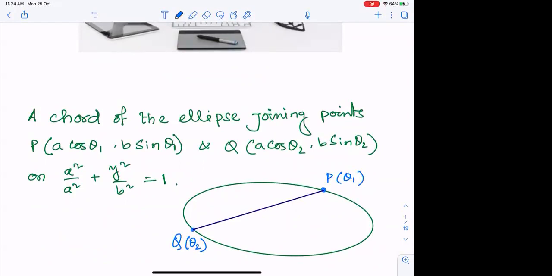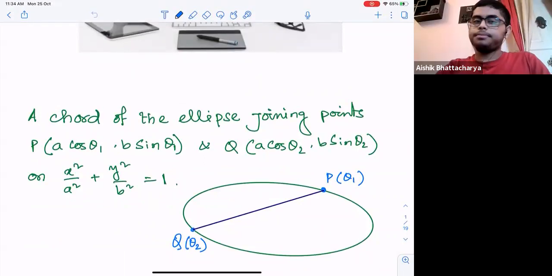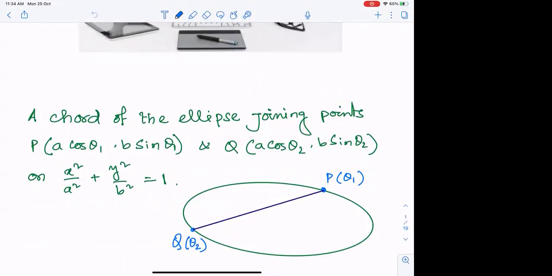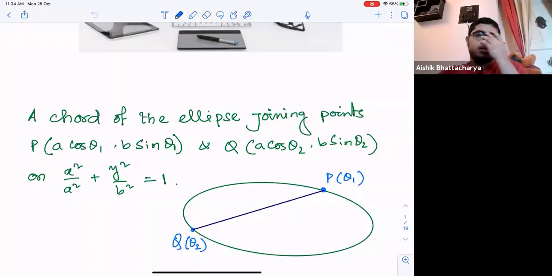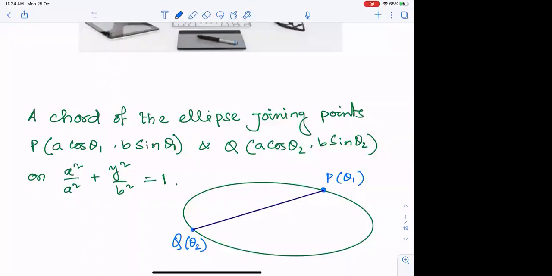So do you believe this is at all challenging, or we can get to the equation? Yes, sir, we can determine the equation of a chord, that is the equation of a straight line, and we are given 2 coordinates on it. So definitely having the equation is not an extraordinary job. We can comfortably do it. Is that okay with everyone? Yes, sir.